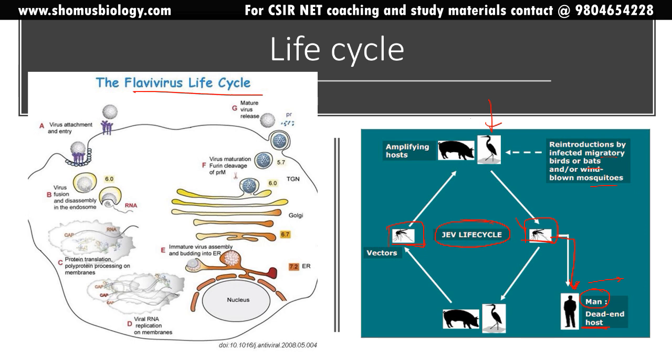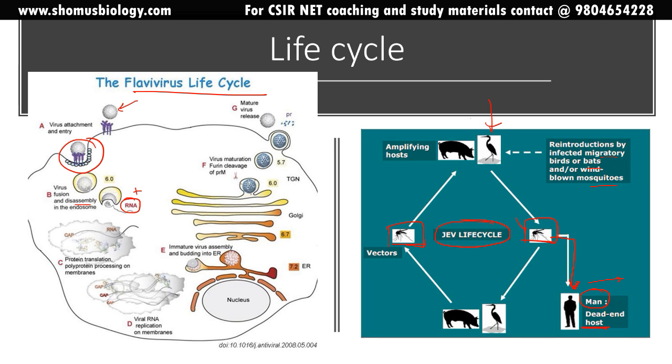Now let's look at the flavivirus life cycle. I'm not talking specifically about only this Japanese encephalitis virus, but about the whole flavivirus family, of how exactly they grow and multiply inside the host cell. So the flavivirus starting point is here. The flavivirus interacts with the host cell receptor, and then engulfment, okay, viral fusion and engulfment. And after the engulfment, there is disassembly of the viral genome, that is the plus-stranded RNA genome, from